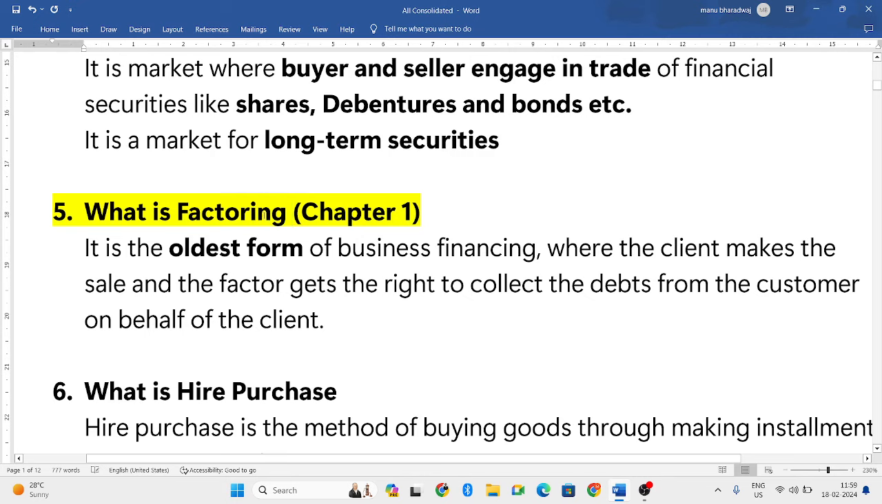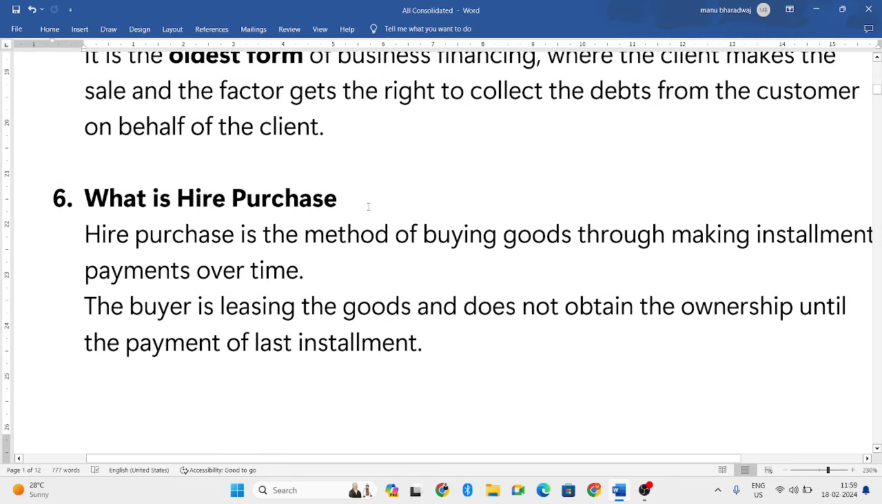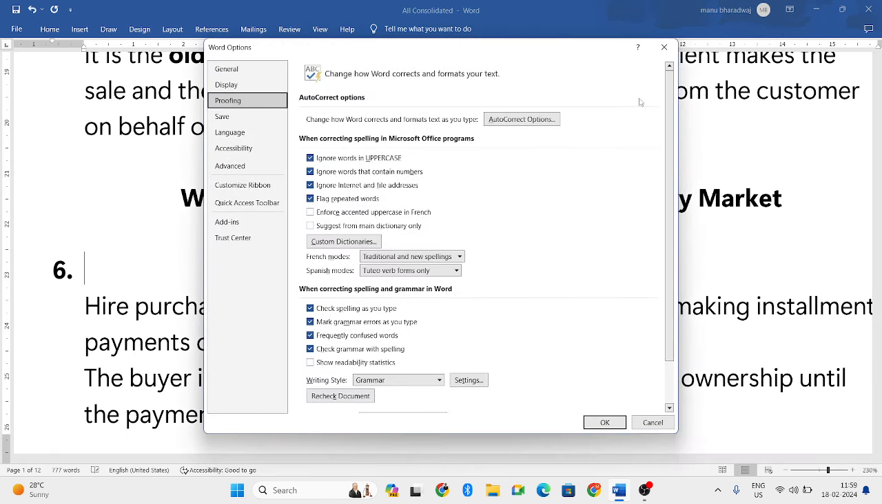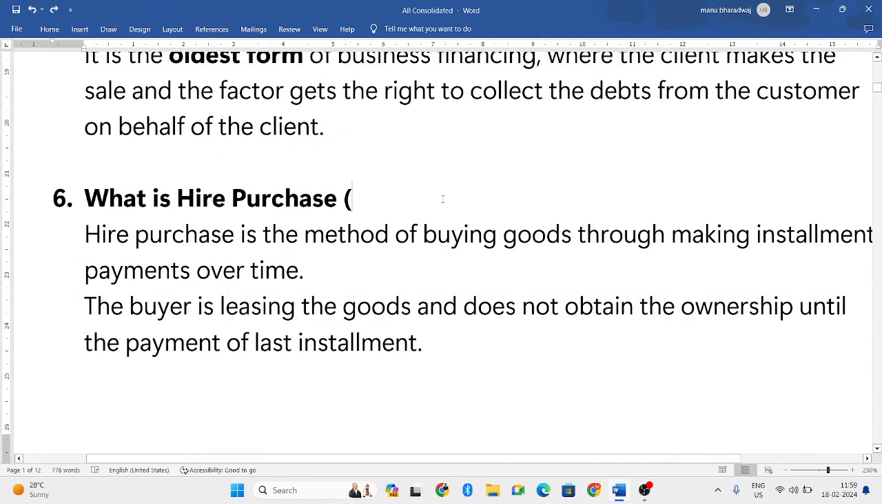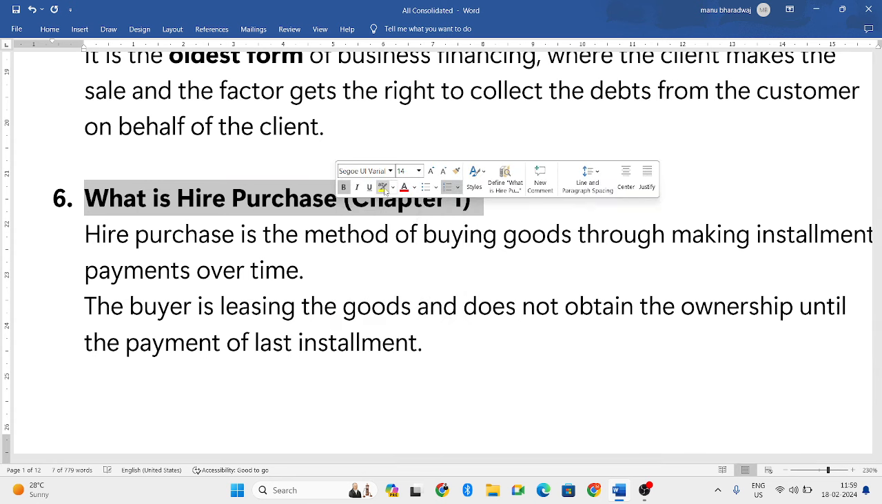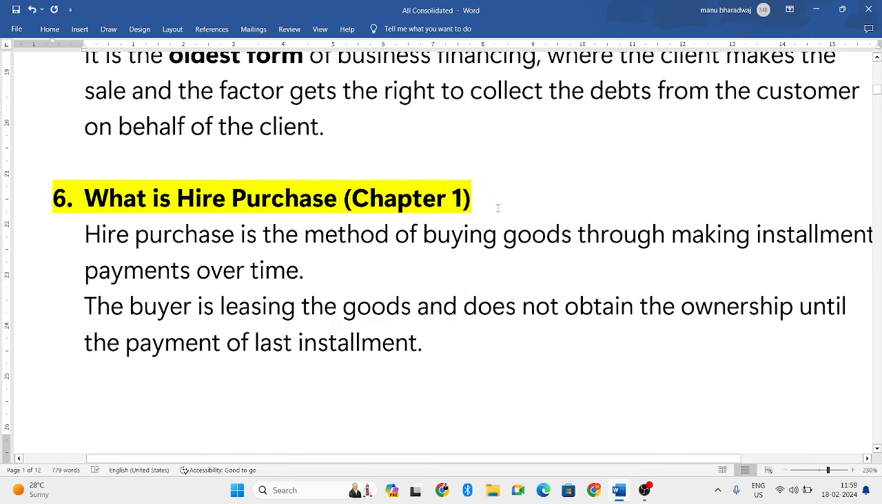This is known as factoring. Next, what is hire purchase? This is also from chapter number 1. Hire purchase is where you purchase goods and services based on installments. You pay installments every month, and the ownership will only be transferred after the payment of the last